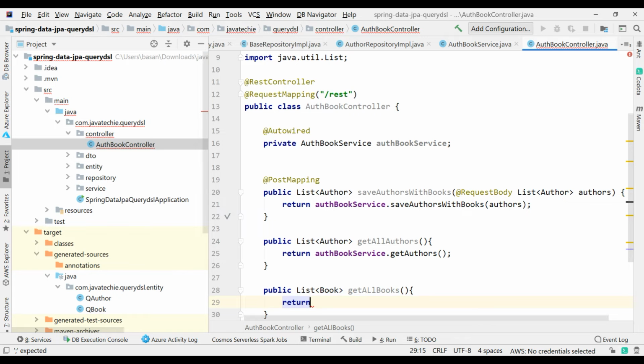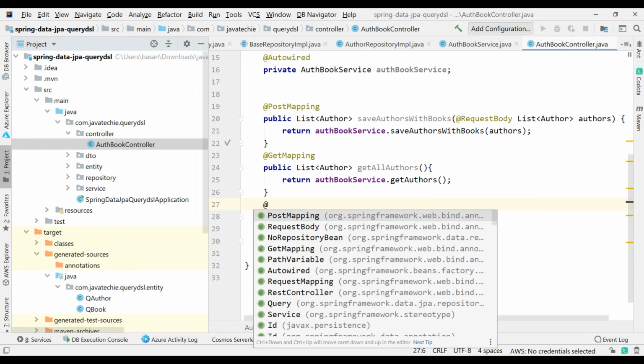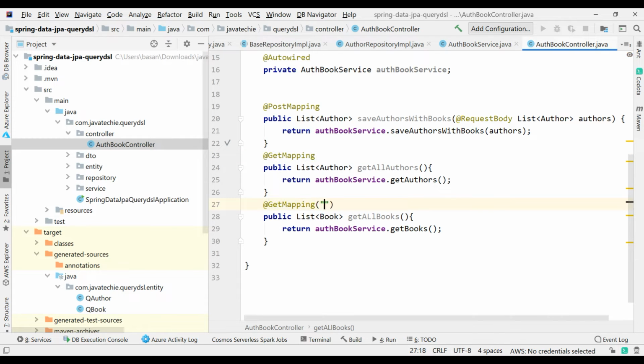Simply we can call the service's getBooks. Okay, now you can annotate here with @GetMapping. Here also you can provide @GetMapping slash books, slash authors. You can provide something like slash author slash book, something like that. Okay, because we are giving author with books only to save.